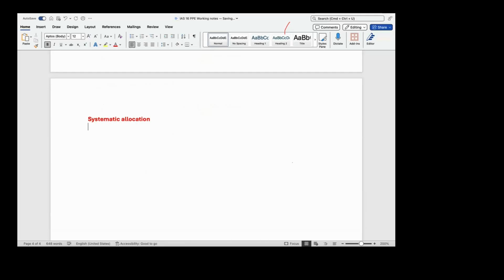And this systematic allocation, the whole idea is coming from the idea of accounting that I think I taught you something about under the conceptual framework. I taught you about accrual accounting, accrual basis of accounting. I taught you that 2 weeks ago. And that is how we record financial information in reporting, which means that, for example, when you pay 5 years rent now,